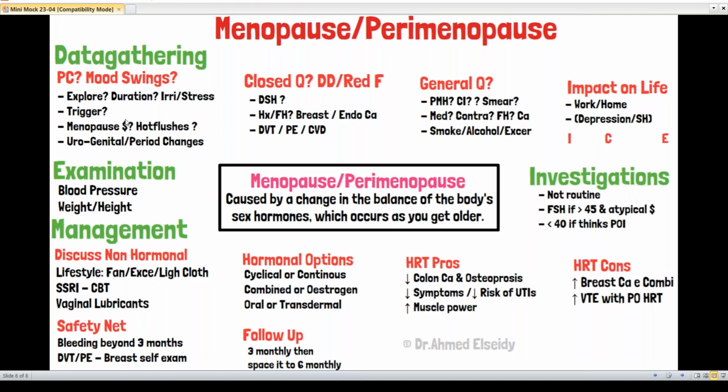Doctor, it has been going on for 5 months, 6 months. It's causing a lot of stress and anxiety, argument. I will listen carefully so I don't repeat anything again. After I listen carefully, I will make sure that I didn't forget anything important in data gathering or in presenting complaint, from SOCRATES for example, like duration. If she didn't mention it, I will ask about it.